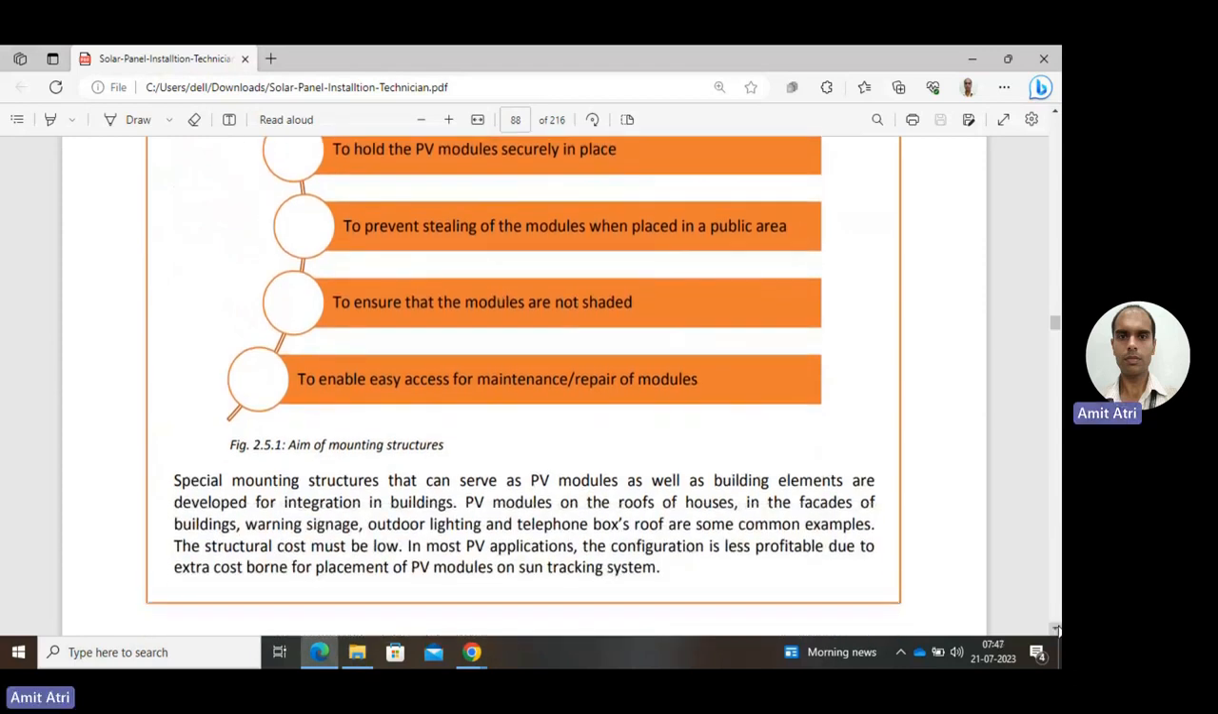Next importance is to enable easy access for maintenance or repair of modules, because we may need maintenance from time to time. Cleaning is a very common task to be done regularly, because dust accumulates on the surface and reduces the power generated by the PV panel. Then there is some repairing or other small maintenance. For that, we can easily access